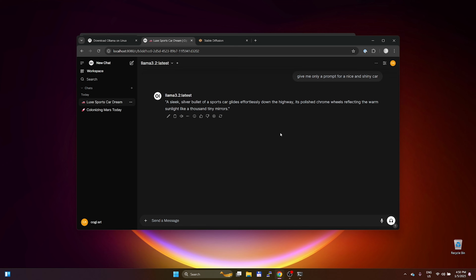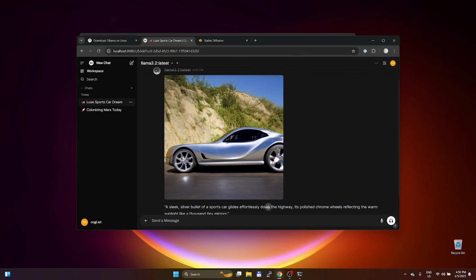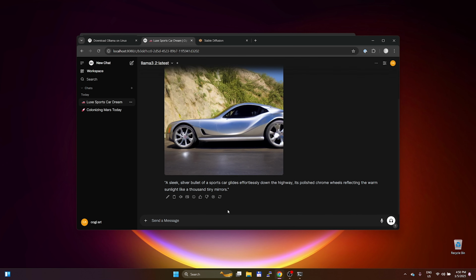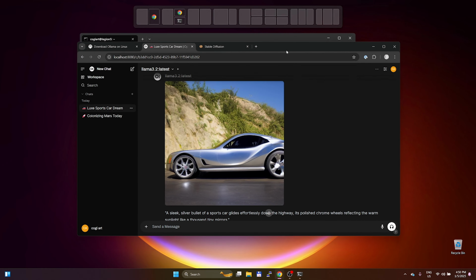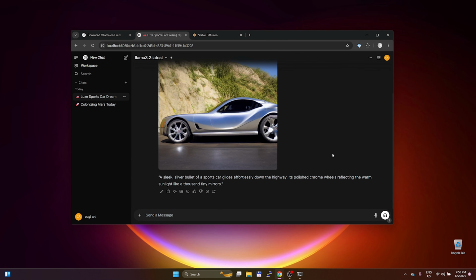It can take a while, not too long. It made this weird image, not really a highway like it explained, but it looks pretty real, which is cool. And this is it. This is the integration. This is everything. This is as far as we can go.